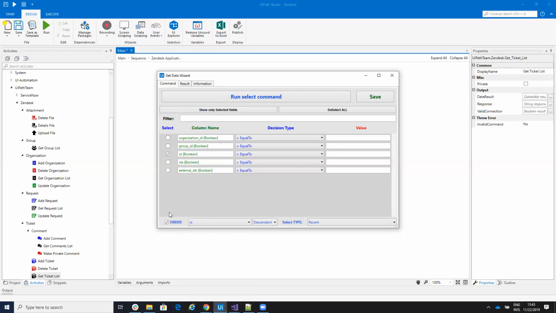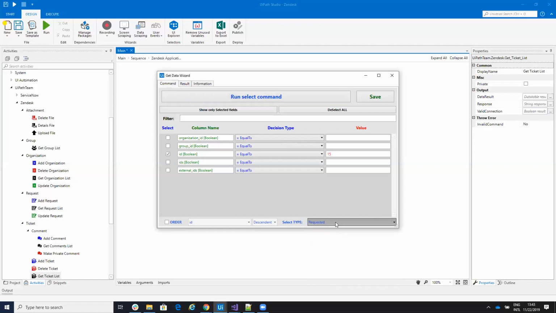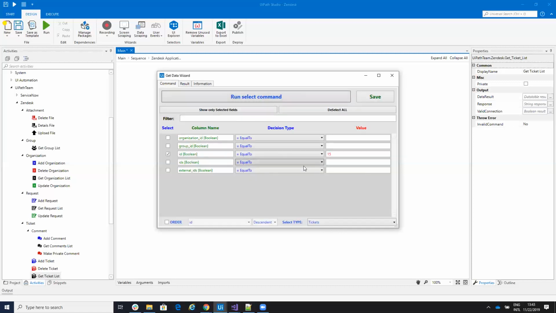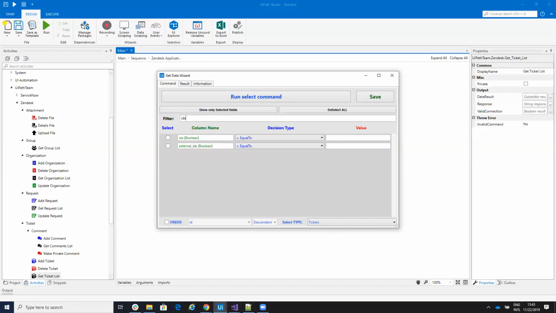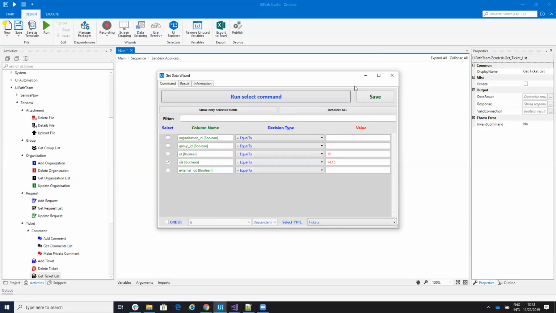If I want just a ticket, I would say like this. I want number 15. If I select recent, it will give me all the recent. If I want tickets and I select ID, this will give me only this. You can do whatever you want from this filter. You can search filter like this if it's multiple IDs. If you want to get, let's say, 14 and 15, it will be like this, and you'll get 2 tickets. So a lot of stuff.